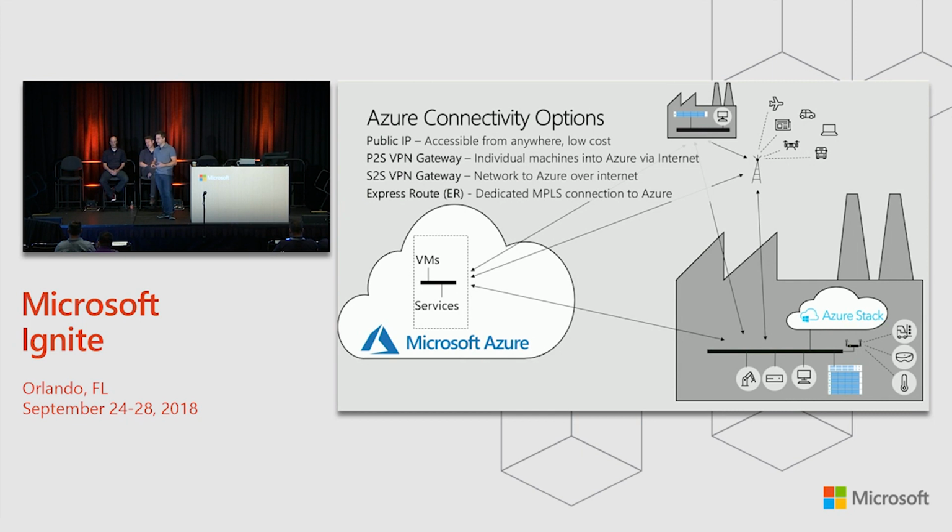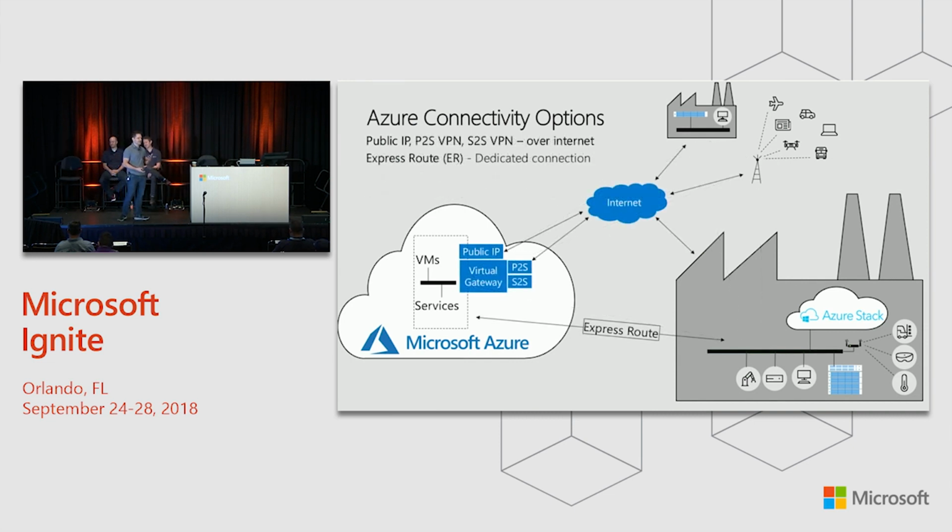And then finally, you have ExpressRoute. This is your high-performance, low-latency connection with SLAs provided by the service provider that provides the ExpressRoute connection to your site, and it's a dedicated line that gives you direct connectivity to Azure. Now, that is the best option. If you have unlimited budgets, you can connect those to pretty much every site you have, and that's great. But does anybody here have an unlimited budget that they can spend? No? Okay. So you have to think about how you use the right technology to achieve your goals.